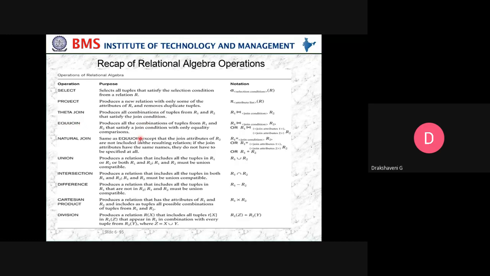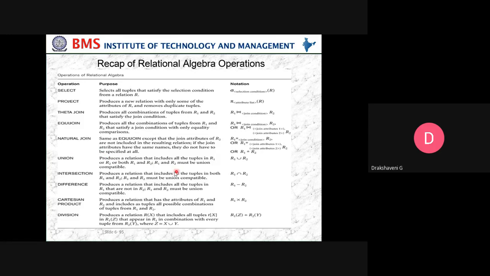Equijoin produces all combinations of tuples from R1 and R2 that satisfy a join condition with only equality comparison. Natural join is the same as equijoin, except that the join attributes of R2 are not included in the resulting relation. If the join attributes have the same names, they do not have to be specified at all.